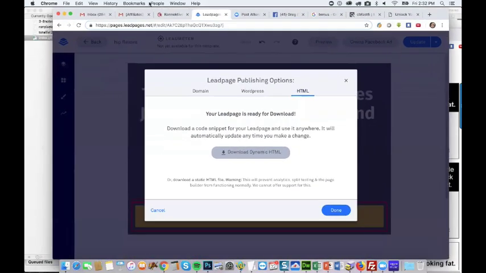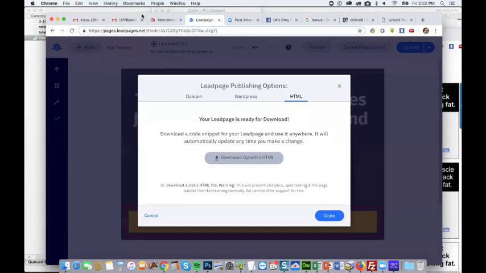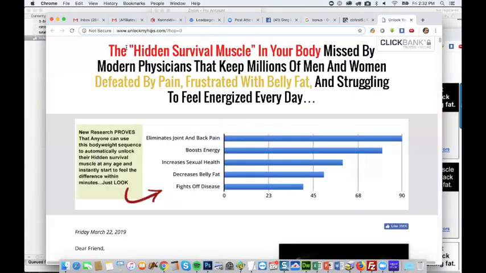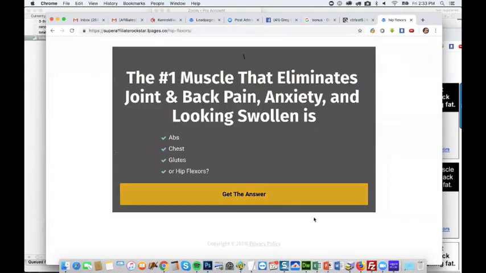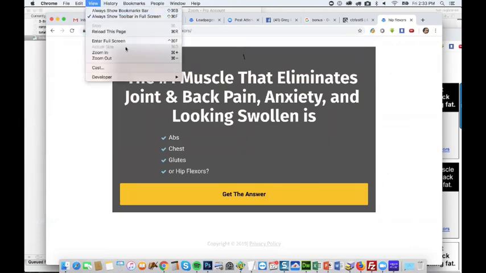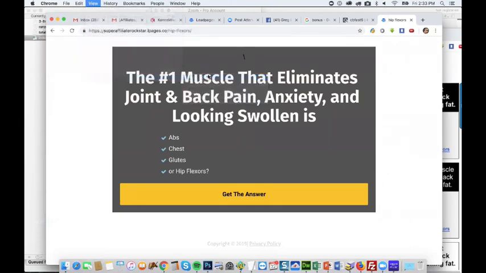So what I normally do is I will just go to the page that they give us. So I'll just go here, and then do a view source, developer view source.